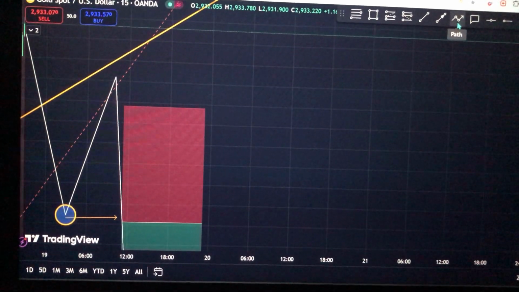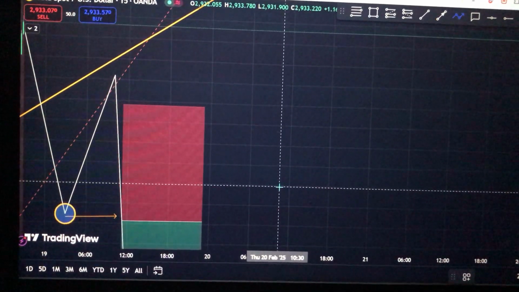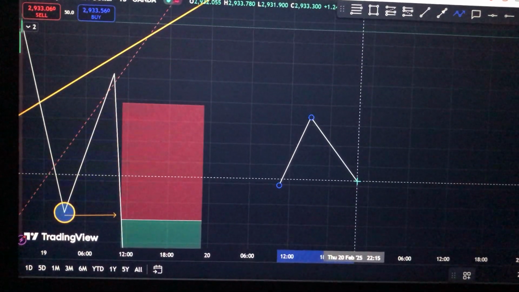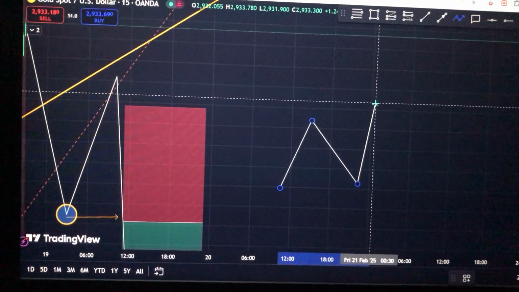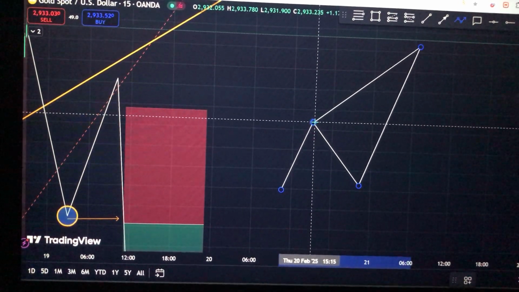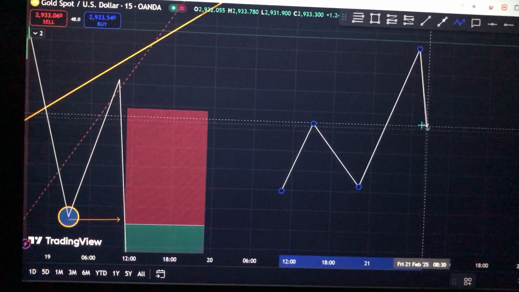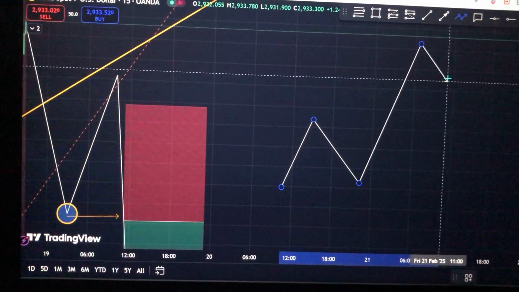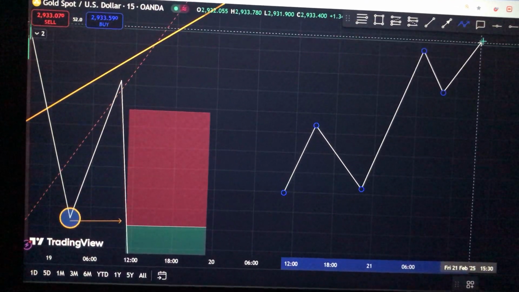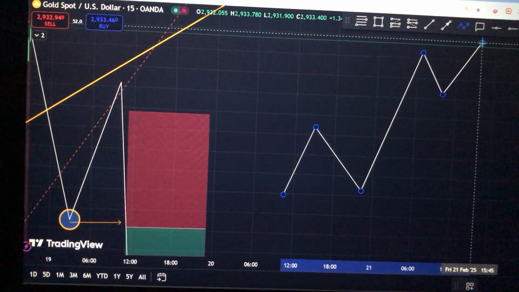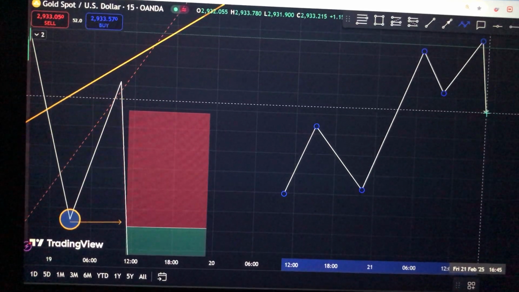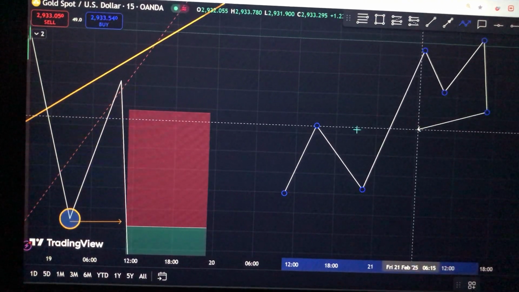I usually wait for price to form a high and then form a low and then break this high. After breaking a high, price is meant to come and touch this level. But if price fails to touch this level and instead forms a low here like this, you must anticipate that price might come, create a new high, and come and create a new low. And before touching this level again,